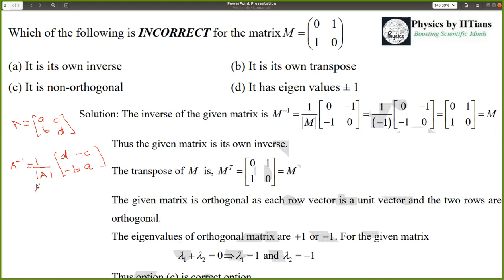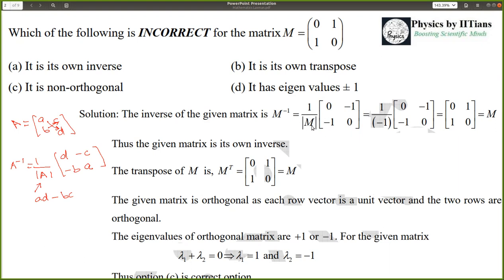The determinant you can easily find. It is only AD minus BC: the multiplication of these two elements minus the multiplication of these two elements. So for our case, the matrix M has values 0, 1, 1, 0. The inverse will be the determinant multiplied by the matrix where the 0s replace their positions, but it will not make any change. And 1 and 1 will change their sign. So it will be 0, minus 1, minus 1, 0. It is the inverse of this particular matrix.